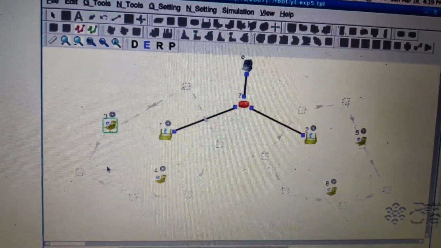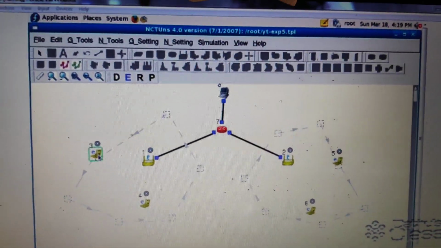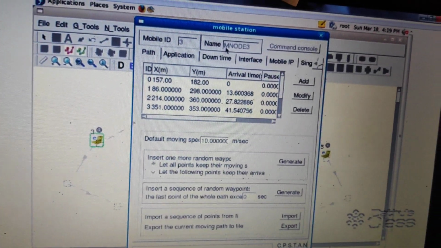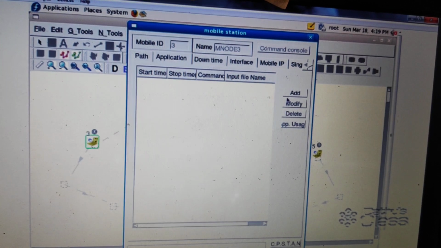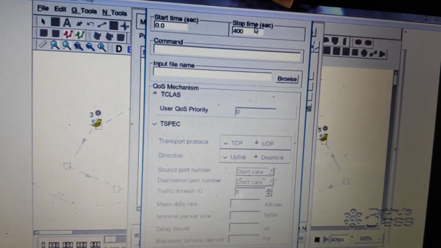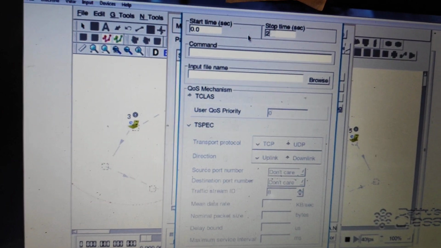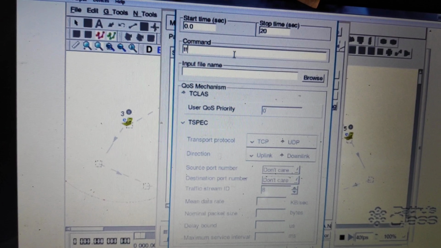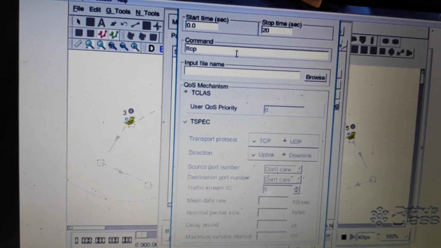Okay, so you have drawn the topology. Now we have to edit the properties of the mobile nodes, the access point and all those things to make it work in the desired manner. First step, click on the mobile node, go to the application window, click on add command, and here is where you are going to add this part. You give the start time and the stop time, and the command is TTCP -T.